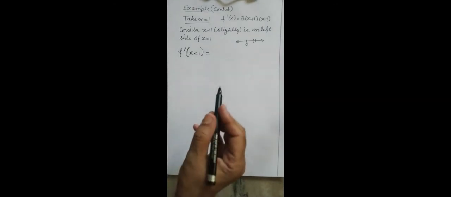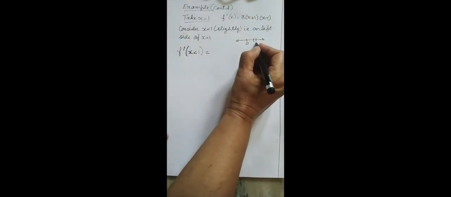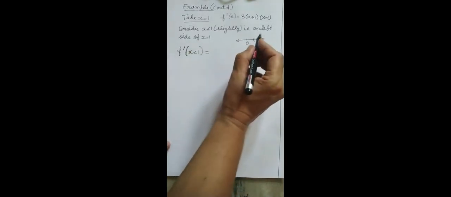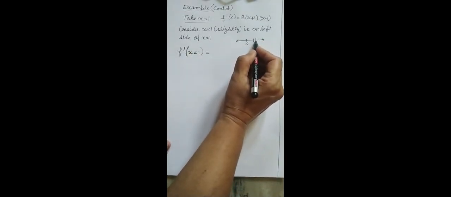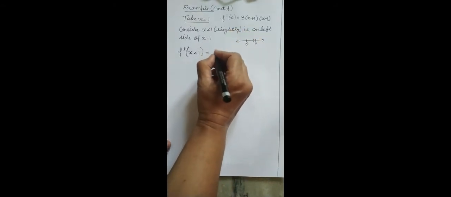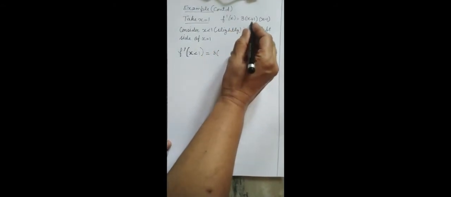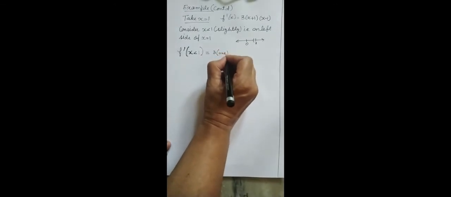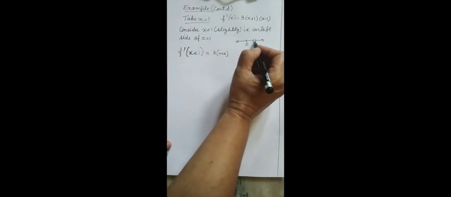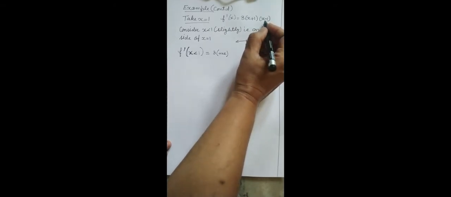Now let us consider the second value, that is x = 1. In the same way I will take x less than 1 slightly, that is on the left side of 1. I will put a value from the left side of 1 but very close to 1 in my derivative. So now this quantity will be positive, and because the number is actually less than 1, this quantity will be negative. So my final result of the derivative will be a negative quantity.